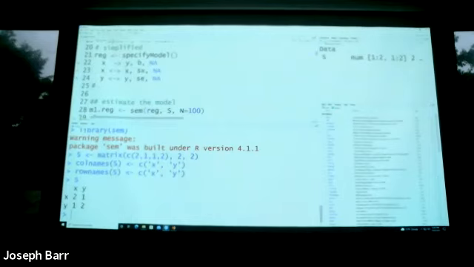Here, specifyModel is a function name. In the parentheses, we have 3 parameters. We have B, which is the coefficient from X to Y. So we need to estimate B from X to Y. The name is B. Starting value, NA. I don't want to specify any starting value for this parameter estimation.